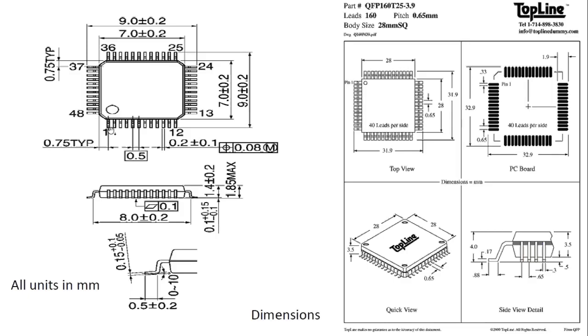So the placement on the PCB can be managed. And in the dimensions, we need to see a few important parameters such as pitch. Pitch is basically the distance from pin to pin, the center to center distance of pins. So pitch here is 0.5 mm, and there's a width of the pin, the thickness of the pin. It is 0.2 mm with a tolerance of plus minus 0.1 mm.